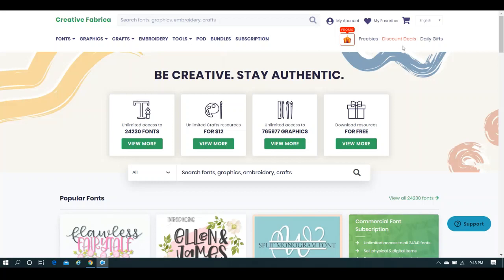All right, they've got discount deals and daily gifts, but what you want to do is pay attention to this freebie thing, okay? And when you sign up for these websites, they're going to send you emails, but you're going to want these emails because they're giving you free things, free tools for you to use and hopefully make money off of, okay? So you would click on freebies